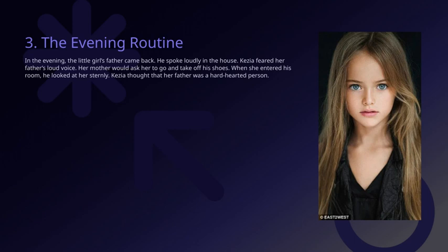This part of the story helps us see how Kezia perceives her father's character, and how the evening routine reveals the emotional distance she feels. It ties into the overall theme of understanding and compassion, reminding us that appearances and first impressions can sometimes hide